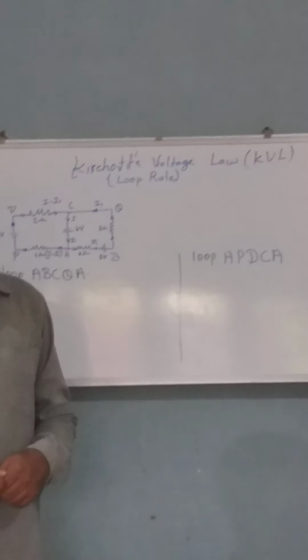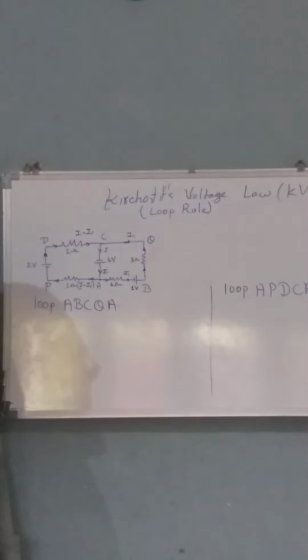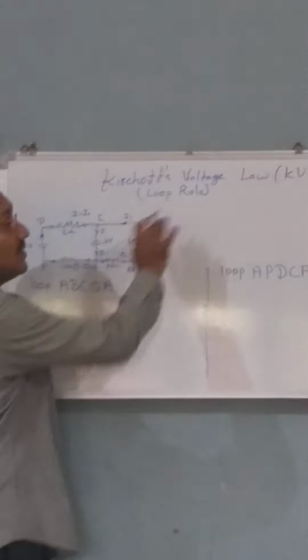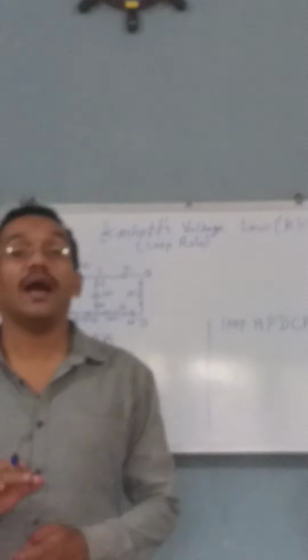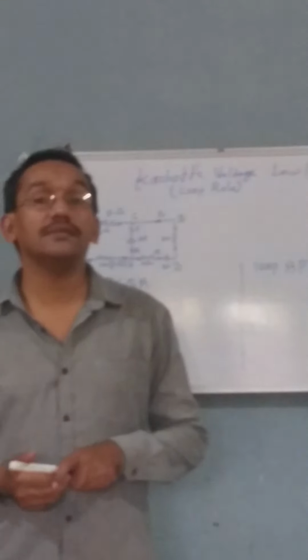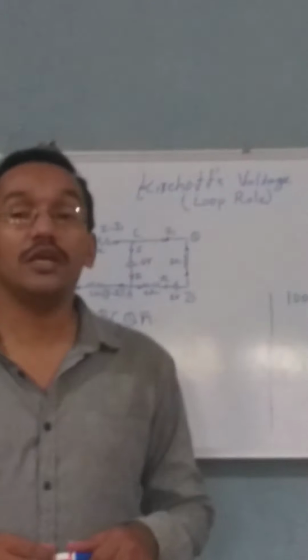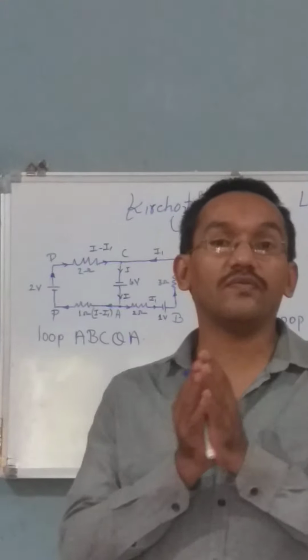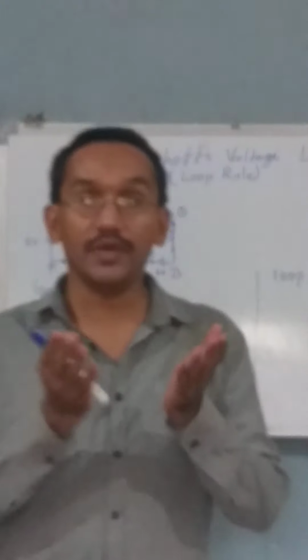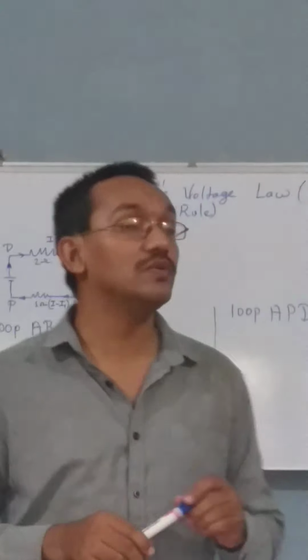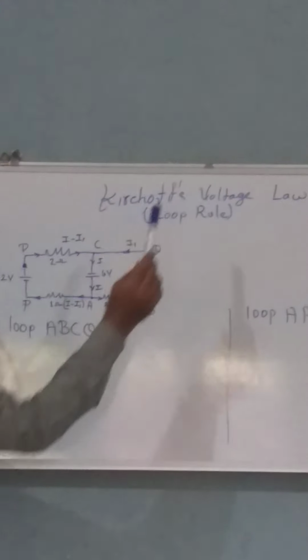Good morning, students. In the last lecture, we saw Kirchhoff's voltage law. Just remember the total sum of EMFs along with the product of current and resistance, the IR terms. If the algebraic sum is considered, the total should be equal to 0. On this basis, we are considering this loop rule.